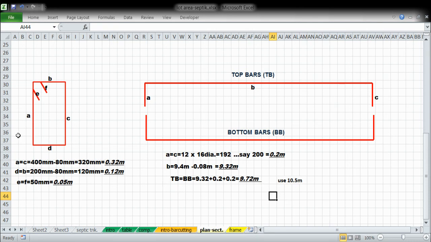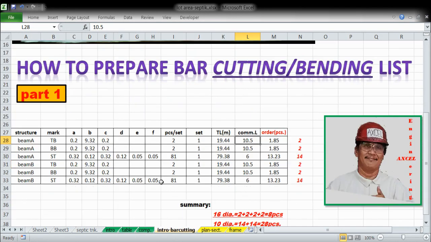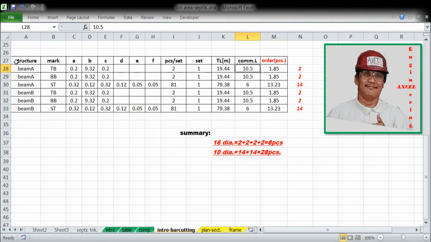So now, after knowing all this data, we will tabulate this. Tabulate na natin. Lagay natin siya sa table. Ito yung sarili kong estilo. Ang bawat river engineer may kanya-kanyang style. Ito yung estilo ko. So, ilalagay ko sa table ang structure, ang markings, ang dimensions, A, B, C, D, E,